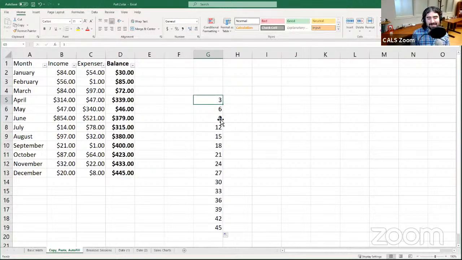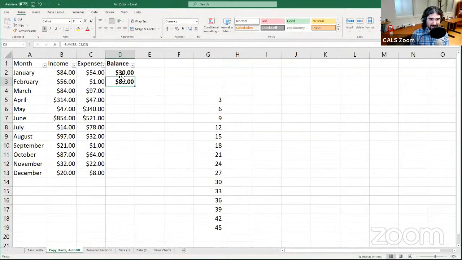Otherwise, it's going to ignore cells that are outside of your selection because it assumes that that's not part of the pattern. Now, one place it will follow a pattern that's really useful sometimes is with formulas. So rather than using copy and paste, I can actually autofill formulas as well. If I clear out these cells by selecting them and pressing delete, then select just this one cell with a formula in it, and I click on the dot and drag it down,